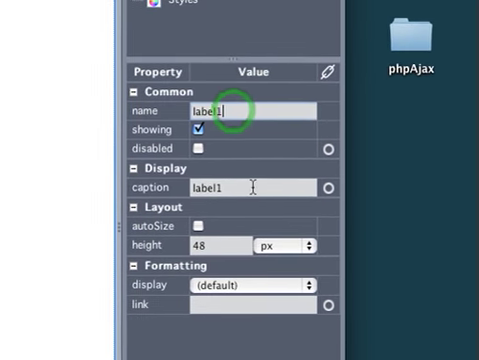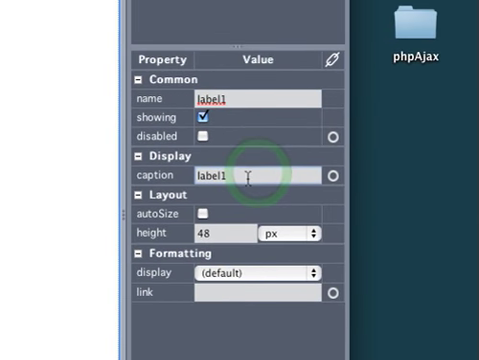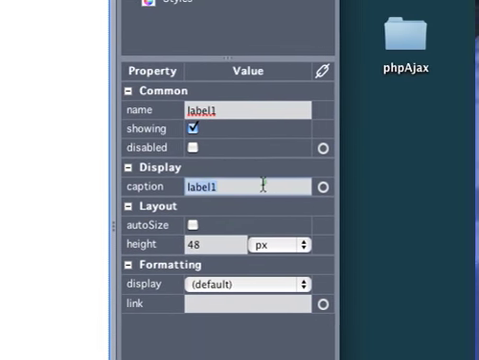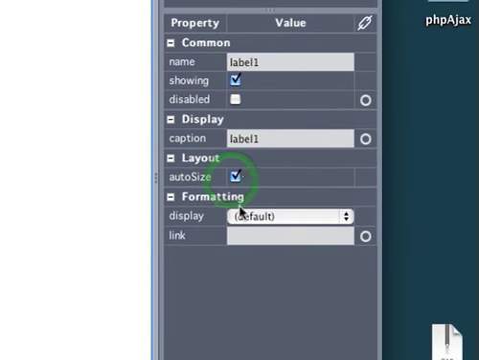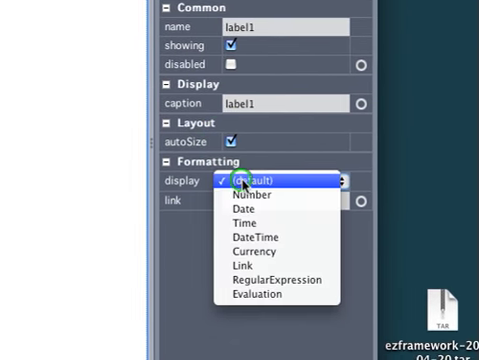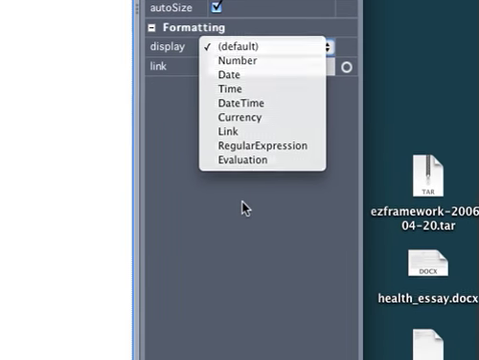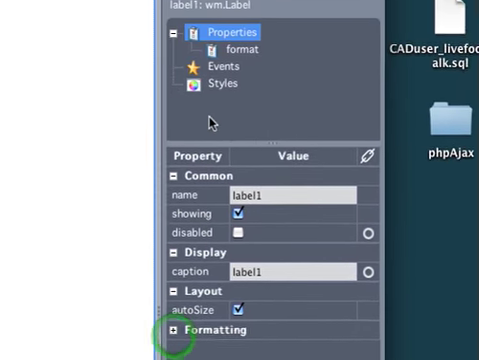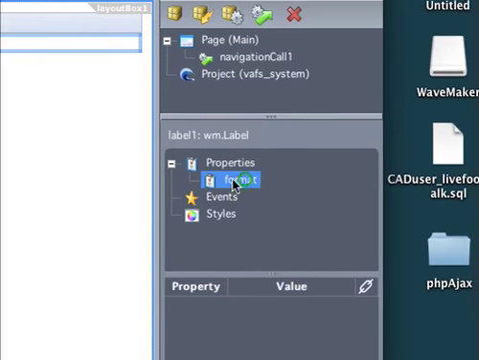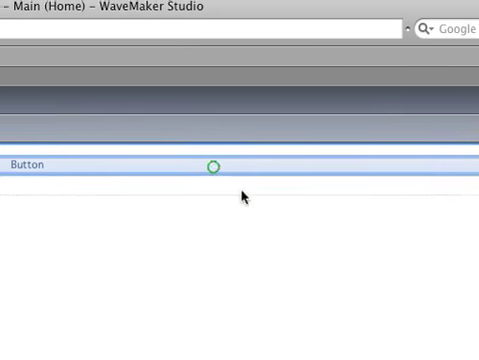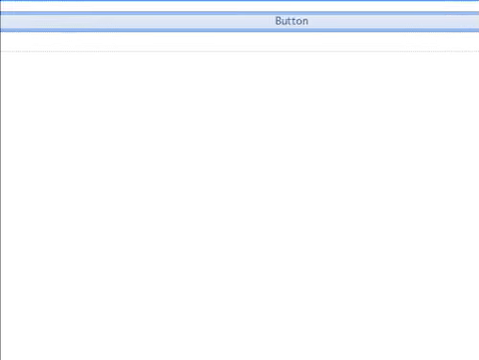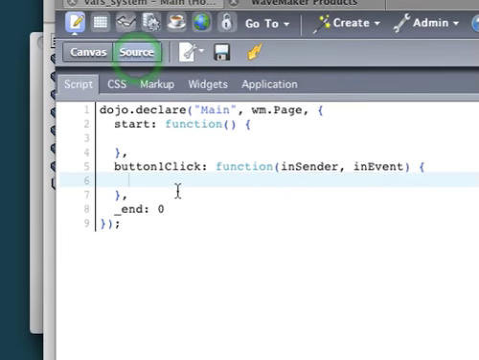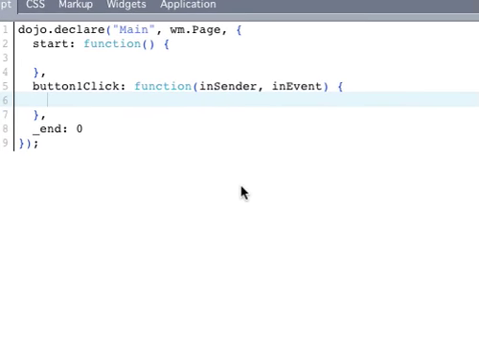In properties, we're gonna keep the name label, caption label 1 as the default, and you can press auto size, formatting, a whole bunch of stuff, but we're not going to use that. So that's it for that. We're going to keep the on click the same and go back to our source and get rid of that alert function, and now we're just going to type